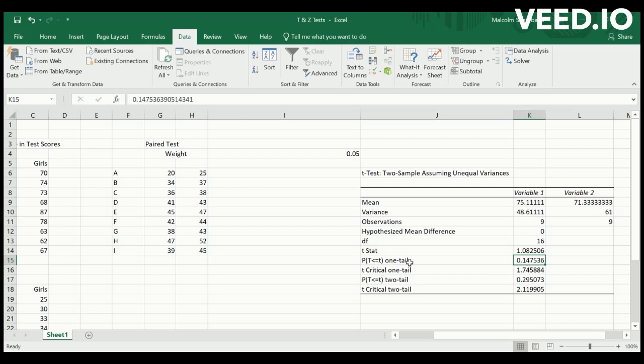There is also directional testing. You need to understand that you can have one tail or two tails, depending on how you have set your alternative hypothesis. Is it greater than or less than? If you have less than or greater than, then you have chosen a direction for your hypothesis. So in the case of a t one-tail test, our p-value, according to what has been computed, is